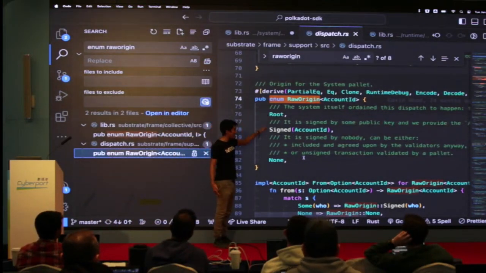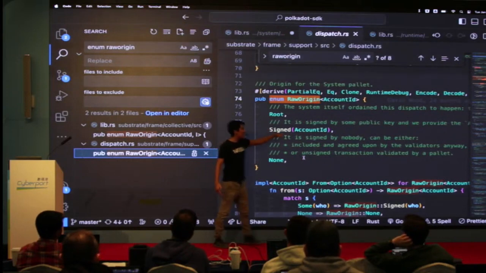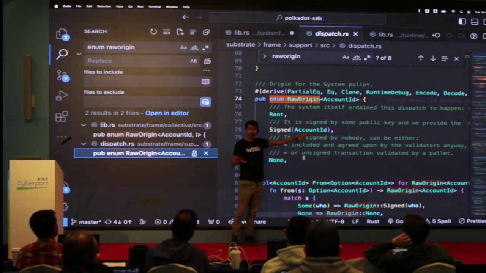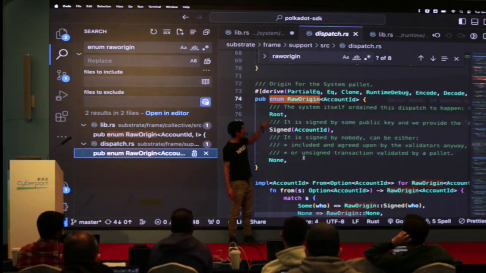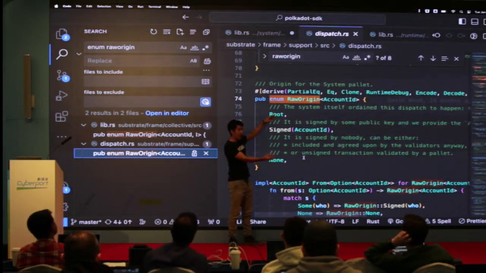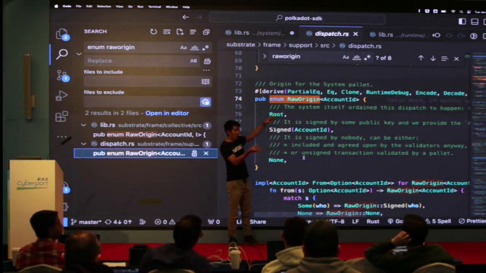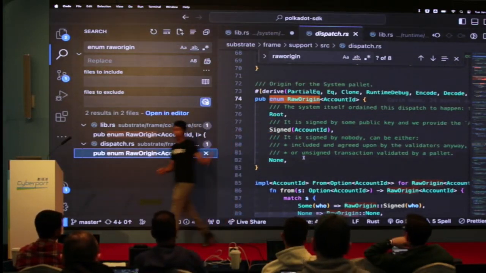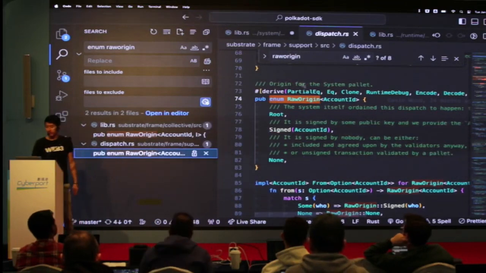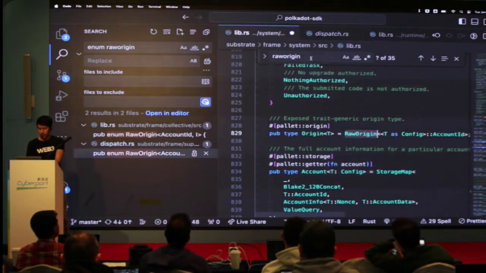Most often it's signed, and it just has an account ID. It's not the private key, it's not a signature, it's just the raw account ID. Or none. And none is this weird type, let's not talk about it right now. But basically, ensure signed is just checking that this origin matches the variant signed, and extracts the account. So if we actually look at that code in system, ensure signed,